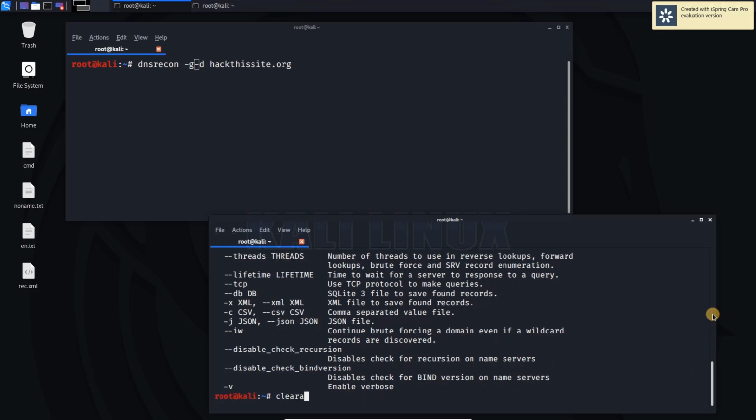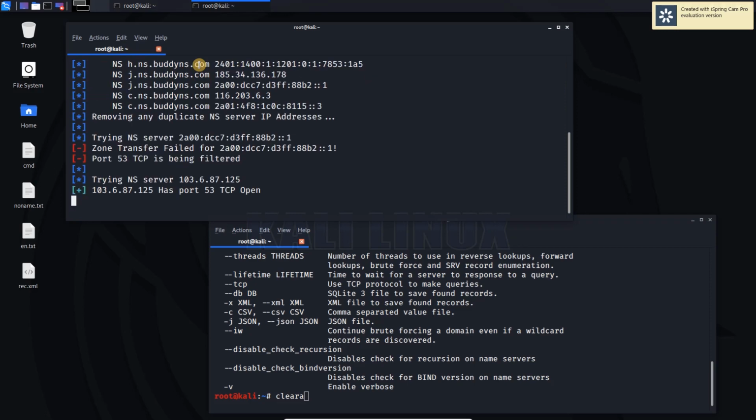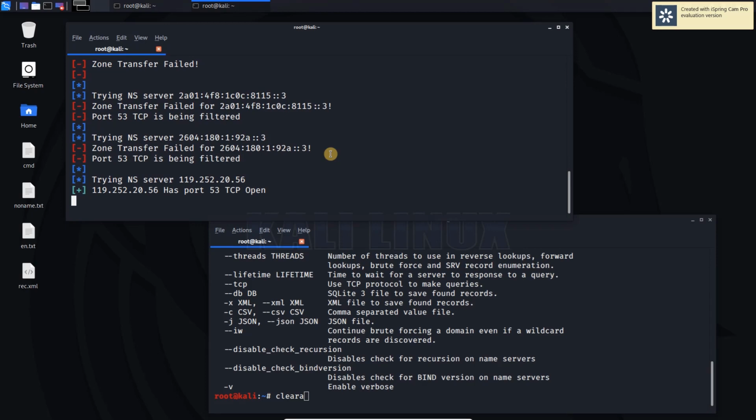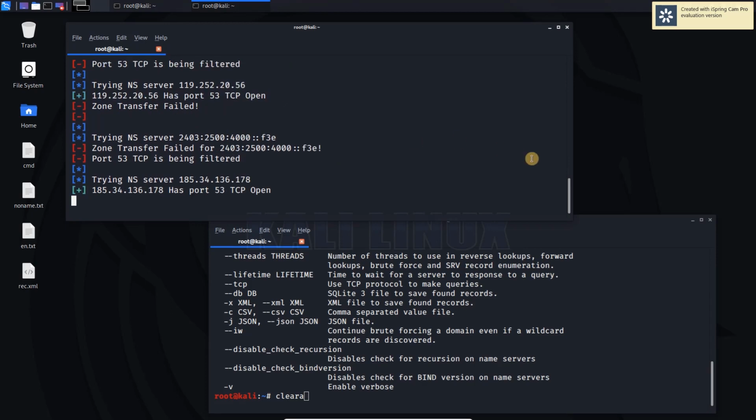We can use ga, or we can simply use one more hyphen a, and we just press enter and it performs the reconnaissance.